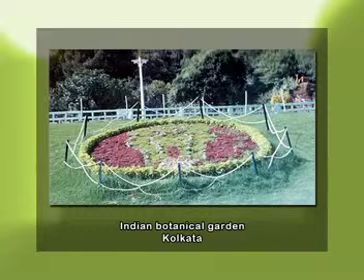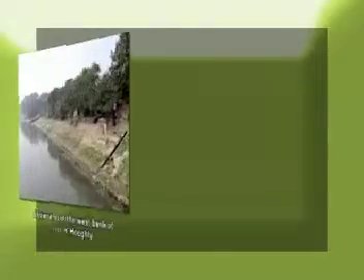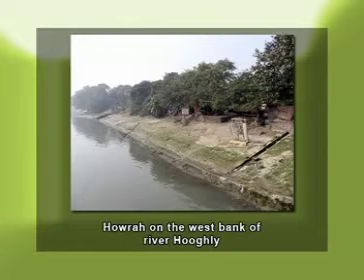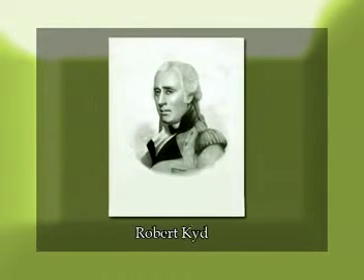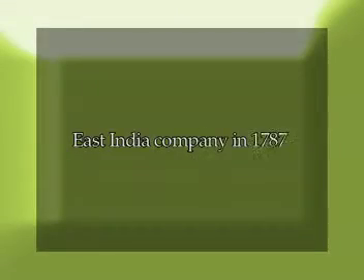The Indian Botanic Garden, Kolkata, was formerly known as the East India Company's Garden. It is situated at Howrah on the west bank of river Hooghly. Robert Kyd proposed the establishment of this garden for horticultural and economically important plants. He himself had a private garden wherein he grew plants of economic importance. His proposal was endorsed by the East India Company in 1787 and he became the honorary superintendent of the new